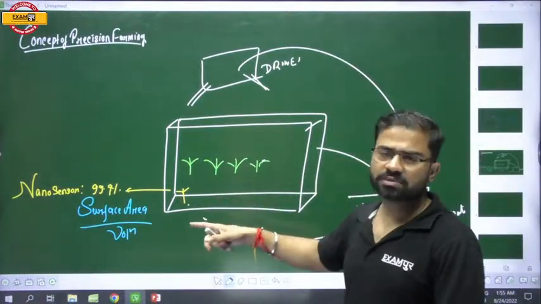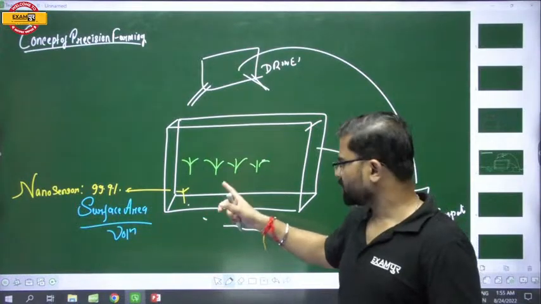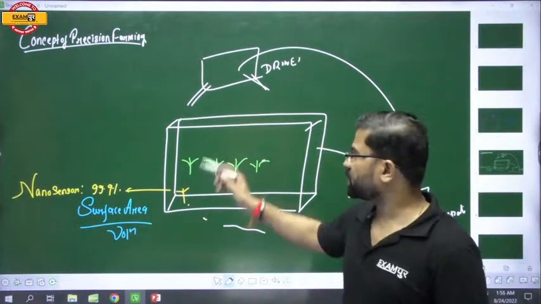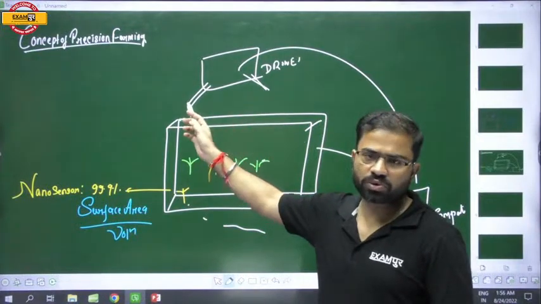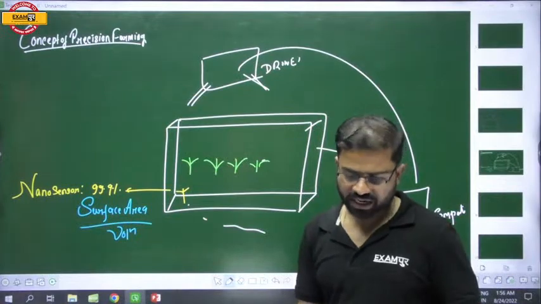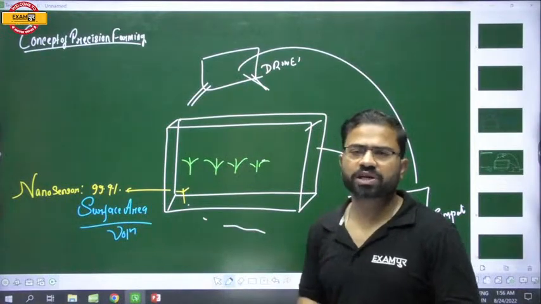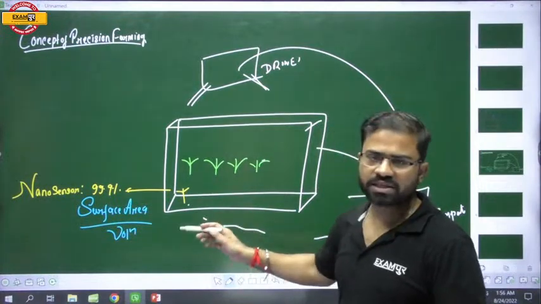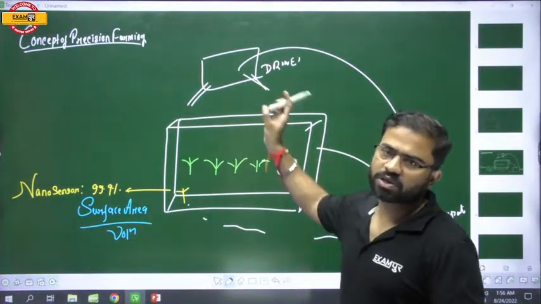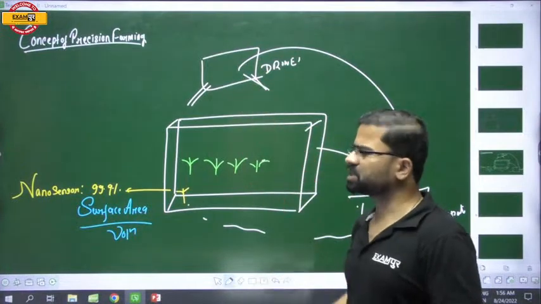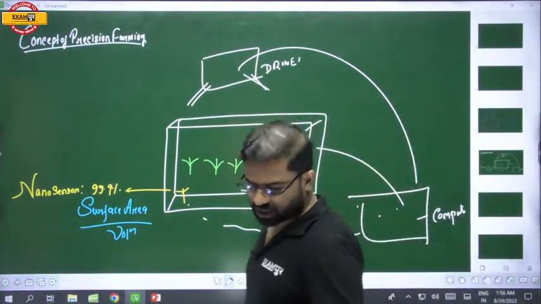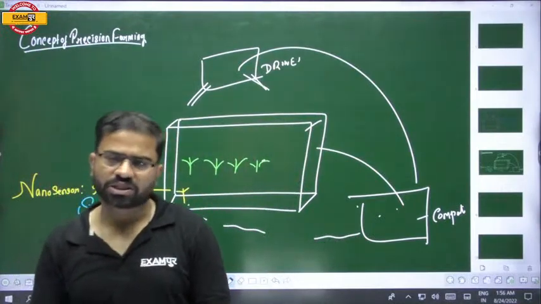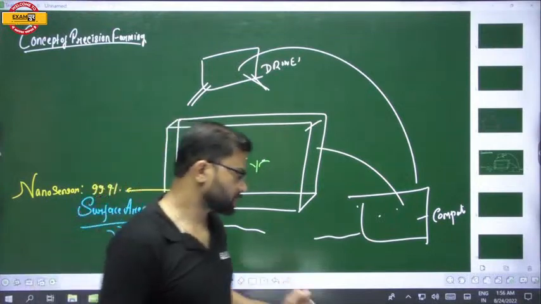Similarly, if your nano sensor finds that the fertility of the soil has dropped, the computer system will give a command to the drones, and they will start spraying fertilizers. If your agricultural plot is infested with pests, again the nano sensor will sense it, the computer will give feedback to the drone, and the drone will start spraying pesticides. So this is a little bit of the concept of precision farming. This is all about precision farming. Okay? So we have completed drone technology.